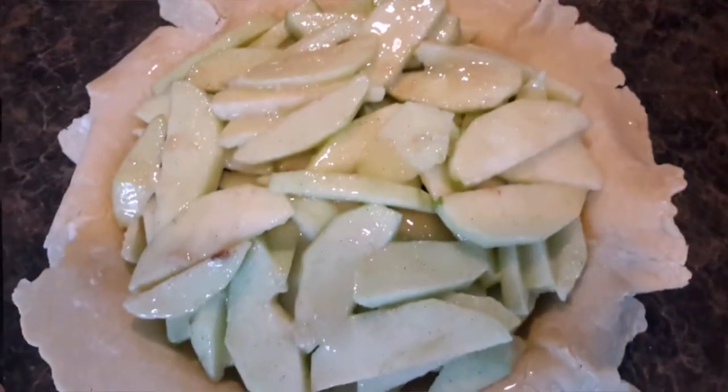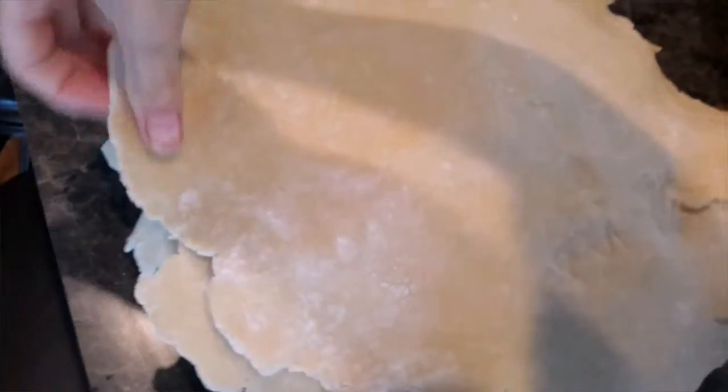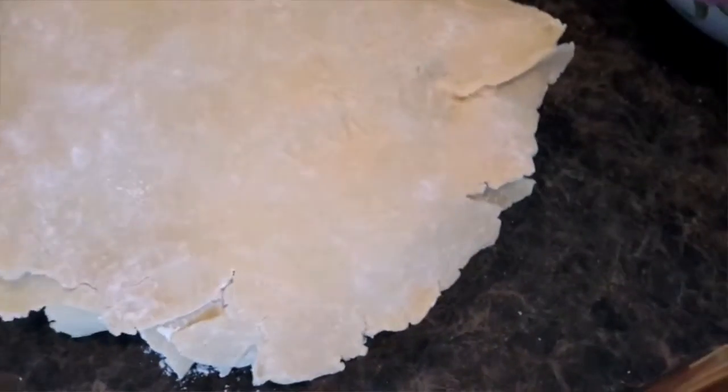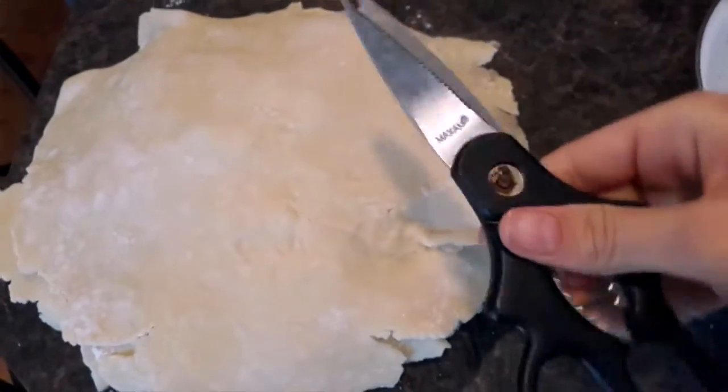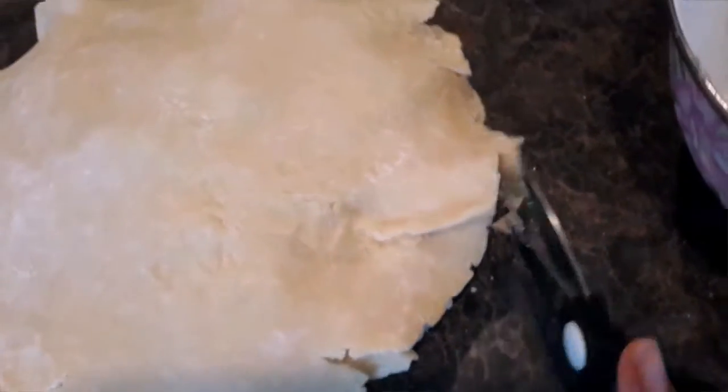So after this, I forgot to record. After you place this, you want to place butter. I've placed the butter, but I forgot to record. You want to place chunks of the butter, that's the 2 tablespoons of butter. And then you want to place this second dough on top, and then you just want to cut off all